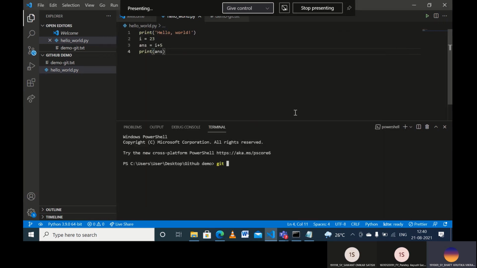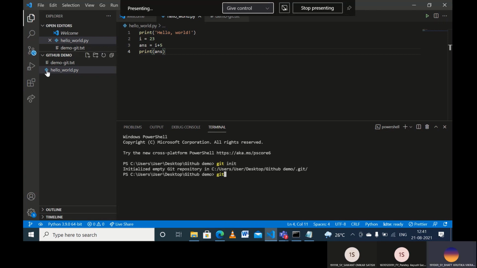Simply, we can initialize an empty repository by doing git init. What git init actually does is create an empty Git repository on our local machine. So we have initialized a repository.